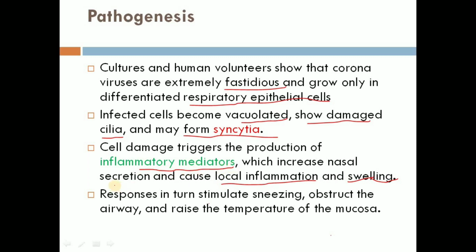Remember this point: inflammatory mediators, and nasal secretion will increase, causing local inflammation and swelling. In response, it stimulates sneezing, obstructs the airways and raises the temperature of the mucosa. Okay, so you will see this pathogenesis in such